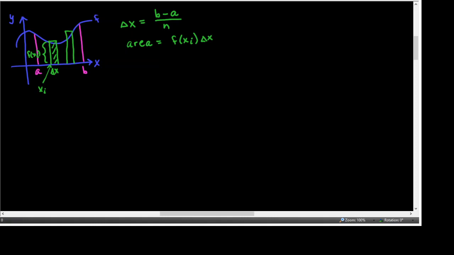Okay? And of course over here I would have attached to the right side, so my x sub i would have been on the right side for that one. But the idea is the same. Then you got an approximation of the area for the whole region. So this is the area of one rectangle. You found the area of the region, or an approximation of it. So I'm going to write approximately equal to here in just a second. It was approximated by adding up from i equals 1, from the first rectangle to the nth one,